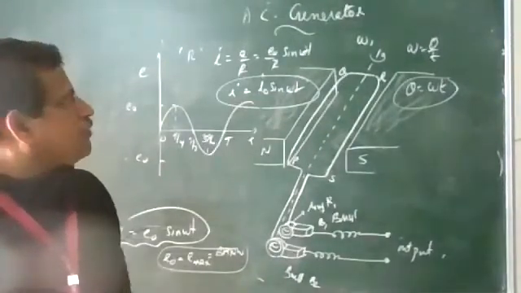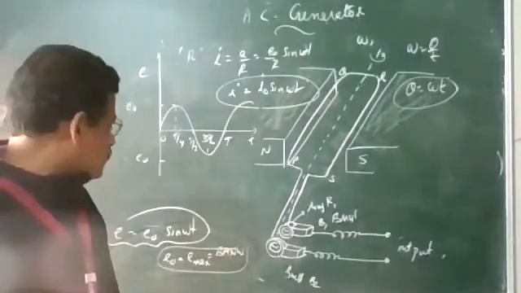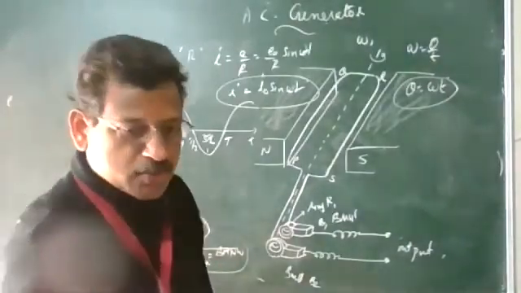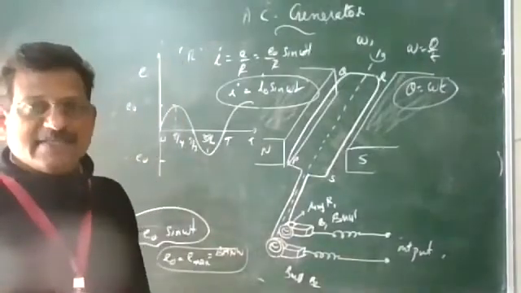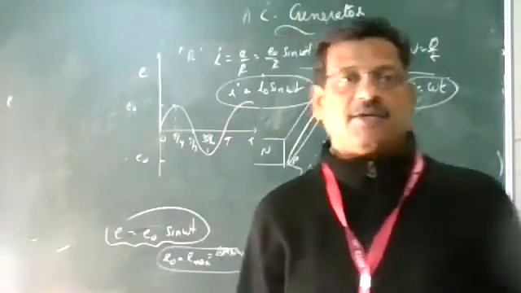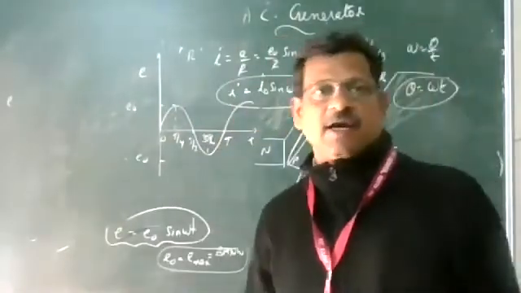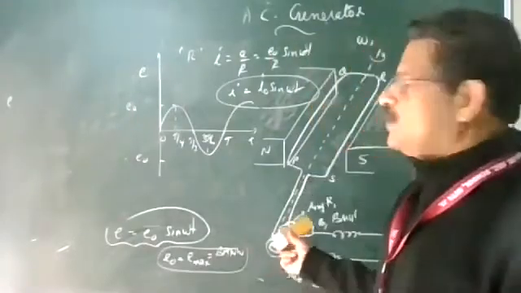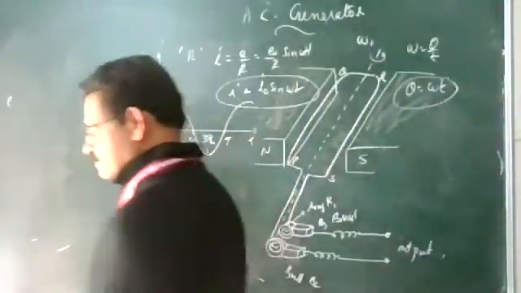Okay, this is a very important point. The maximum value generated is known as NBA omega. So this point is very important. This is your AC generator. So next your chapter is AC, alternating current. How will you represent current and what are the different devices to control AC current? So this is of course a very important one, the AC generator.